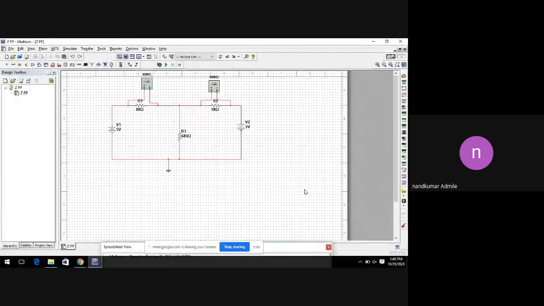Here, for our understanding, we take V1 as 5 volt and V2 also 5 volt. To calculate I1 and I2, if we go with our theoretical method,